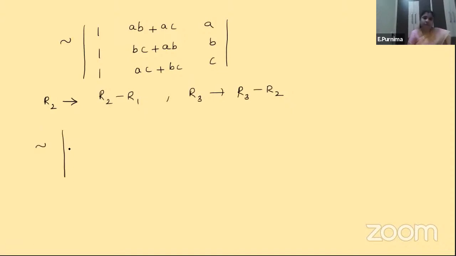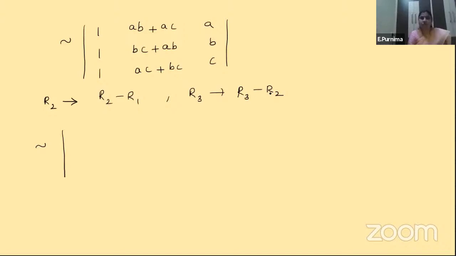One important point I want to tell you, children: this kind of determinant sum is not unique. It is different from one another. I can do it in a different way, it is up to you what transformations you are going to do. It is not always that you have to do it like this only. You have to understand the RHS, what you are supposed to get, and do the transformations accordingly. Here I am doing R2 minus R1 and R3 minus R2, but you may do R3 minus R1 also.